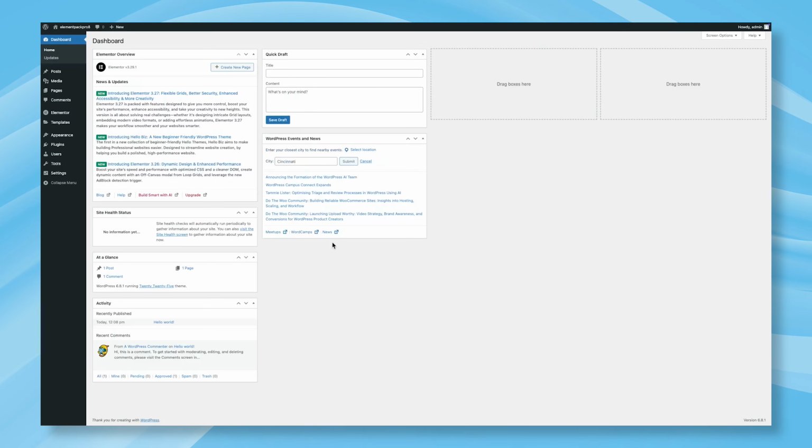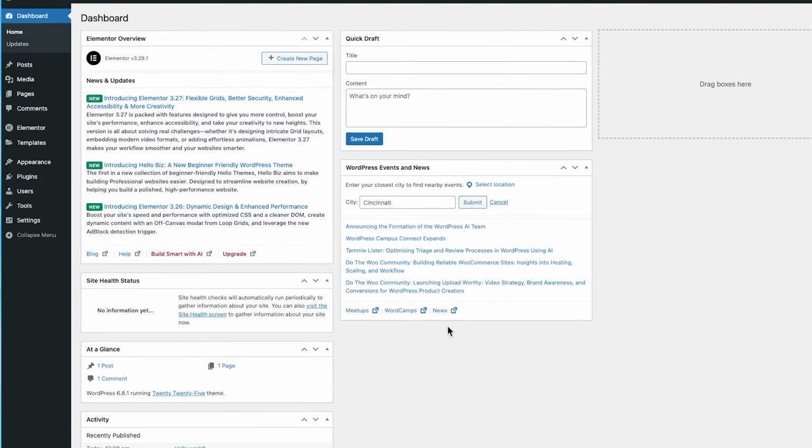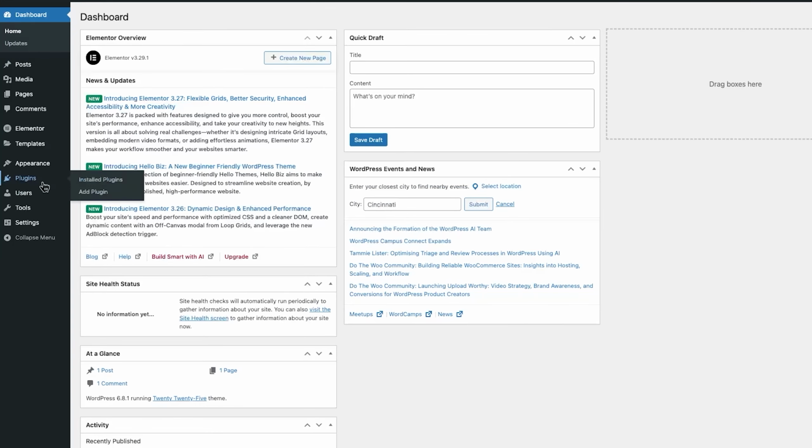To get started, navigate to your WordPress dashboard. The first step is to install the plugin. To do this, go to the left-hand menu and click on the Plugins tab, then select Add Plugin. You'll now have two options to install the plugin. On the right side of the screen, you can use the search bar to find and install the plugin directly